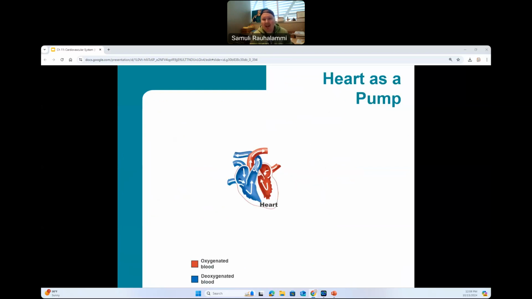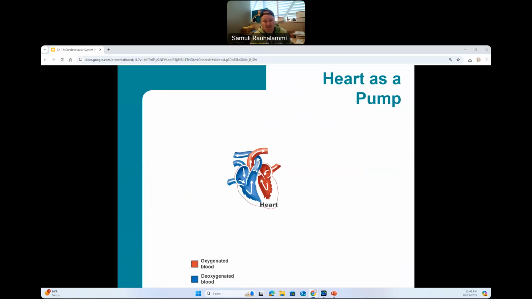So I want to add a little more to this discussion, and I want us to consider the heart in relation to the entire larger cardiovascular system. And again, what we see here is the heart, and we see what type of blood is carried on each side. So on the left side, we're going to see the bright red blood, the oxygenated blood that's rich with oxygen. And on the right side, we're going to see this blue blood, the deoxygenated blood with little oxygen in it.